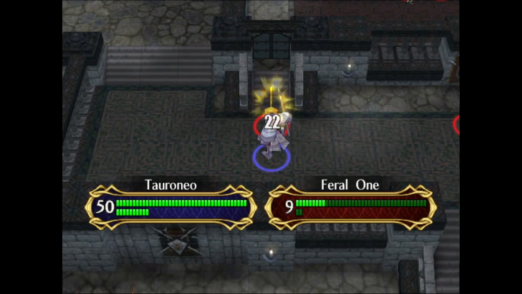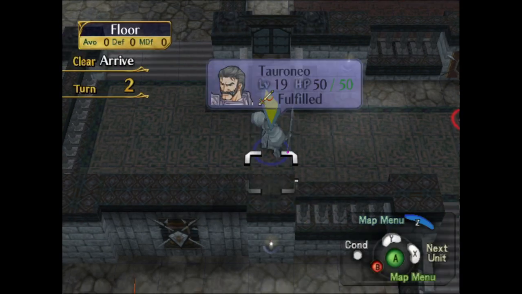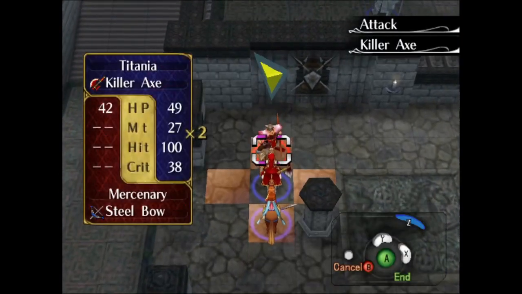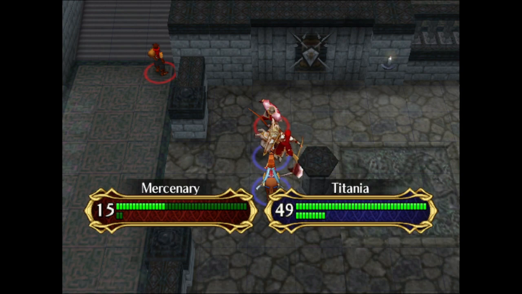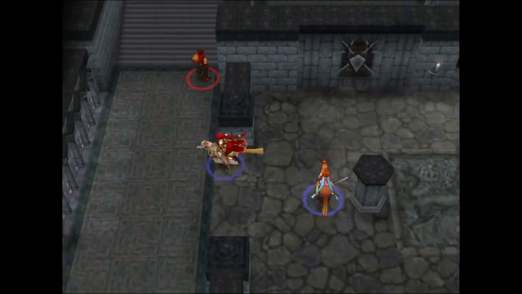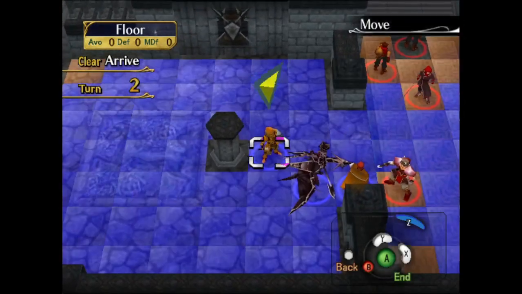Alright, take a fulfill to the face. Goodbye, Cat Leus. And I think I'm going to attack you with Titania. Yeah. That whole crit on the second hit issue. It's almost like this game is trying to pretend it has follow-up crit modifier. Almost like...